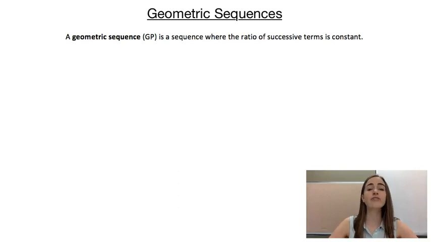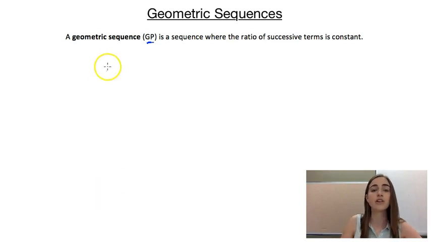In this video, I want to have a look at our second type of sequences called geometric sequences. A geometric sequence is also sometimes known as a geometric progression, and the shortening for that is GP. It's when the sequence has the ratio of successive terms as a constant. That means that we're multiplying by the same thing the whole way through to get from one term to